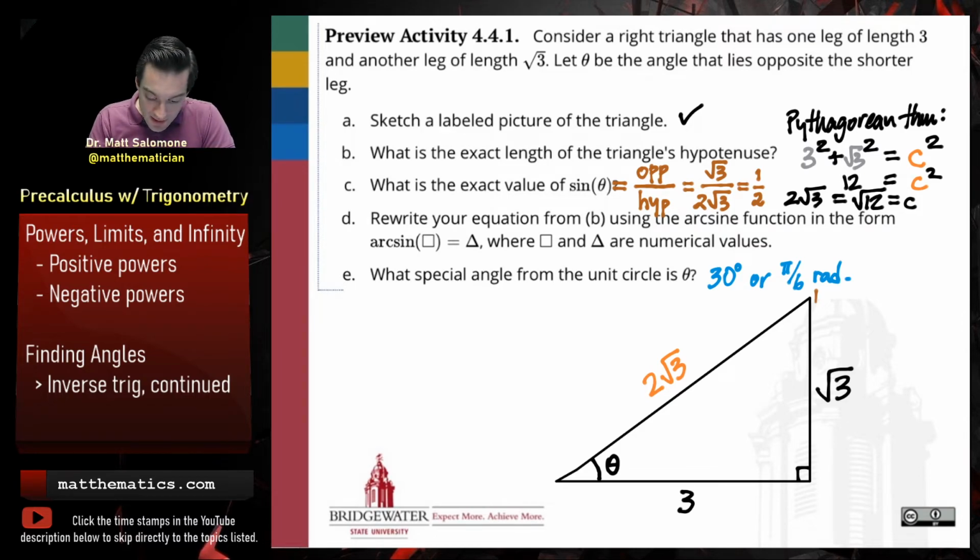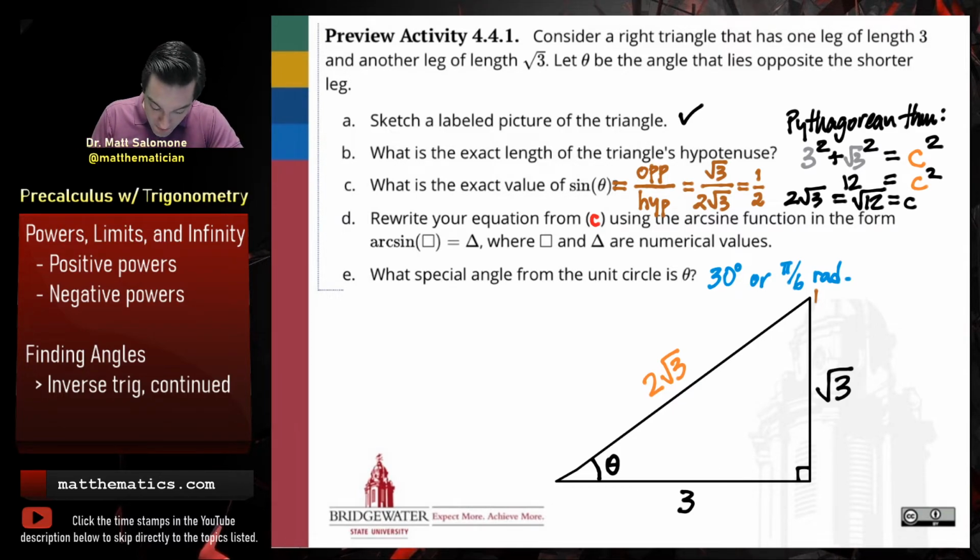Okay, so now they're asking us to do something. This is probably the trickiest part of this activity. Rewrite my equation from B, and my equation from B, I think they mean equation from C. There is an erratum for this exercise. Matt Belkins, if you're listening, rewrite your equation from C using the arcsine function. So,